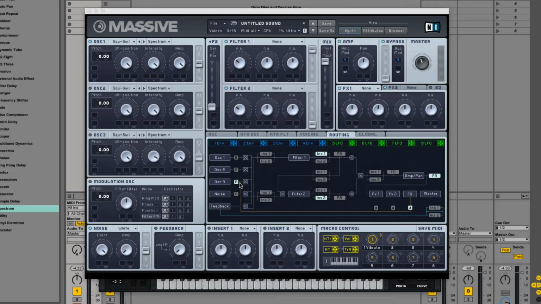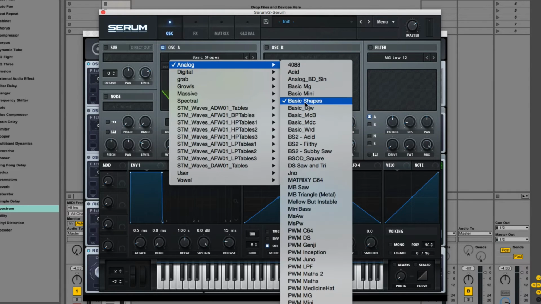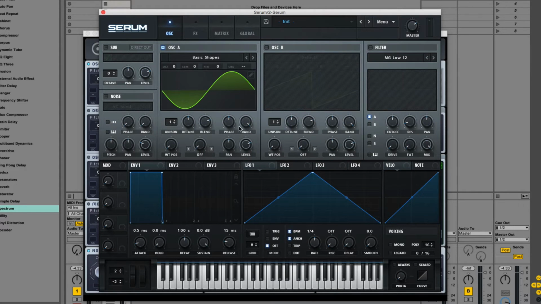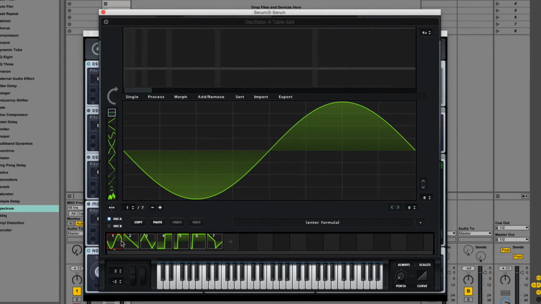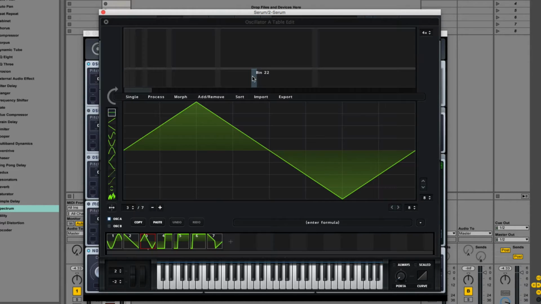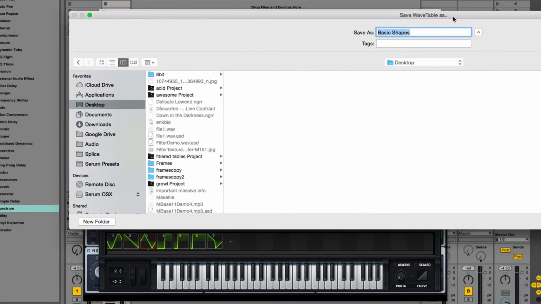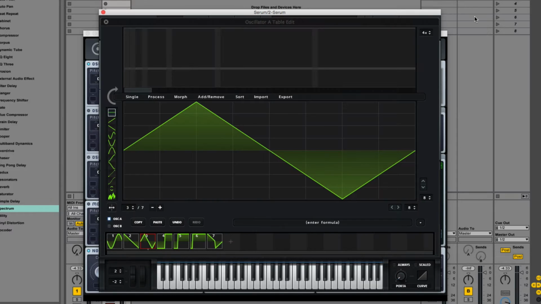The length of the samples are in milliseconds, and they are combined together into a single audio file called a wavetable. This can be easily demonstrated in Serum. If we open up Serum and grab the basic shape oscillator, which is under analog, you can see all of the basic shapes, and you can morph through them. If we go ahead and export this, and open it up in Audacity,